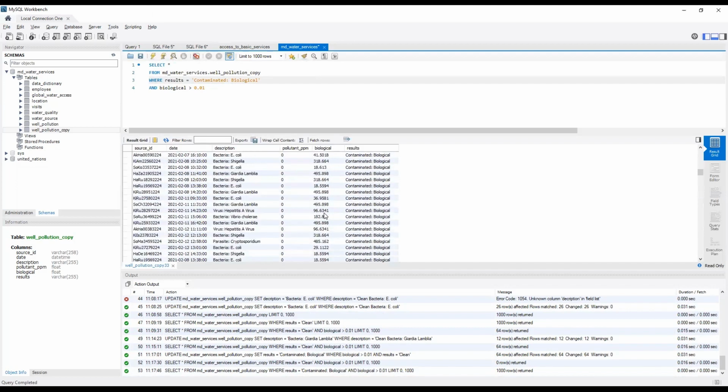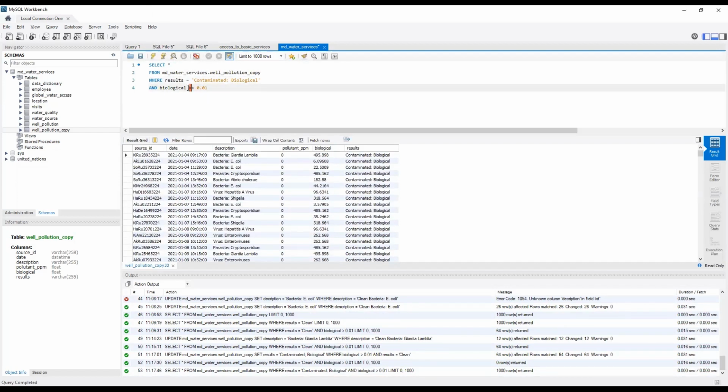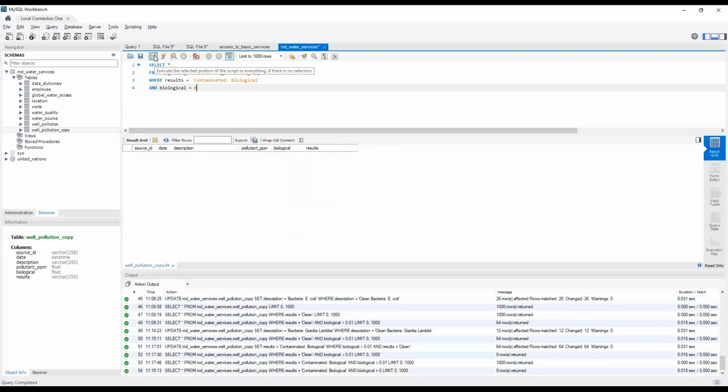Okay, so if I should change biological to equal to 0, and I execute it, let's see what happens. We don't have any biological that is 0, and the result is contaminated biological. That is why we have a 0 row. But if I should change this result to clean and we query it,